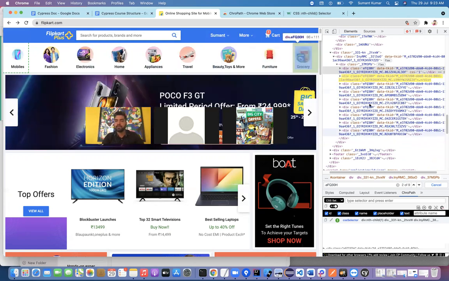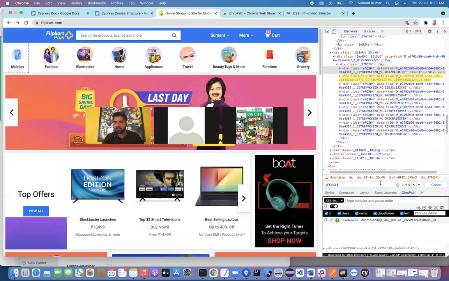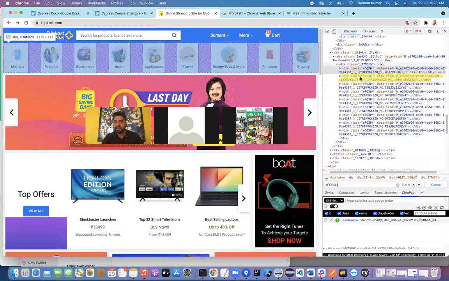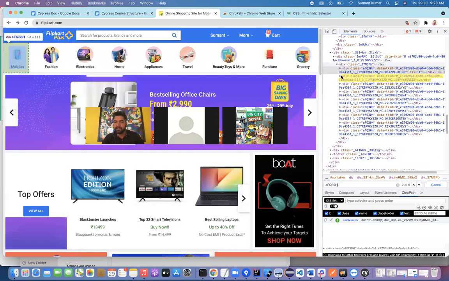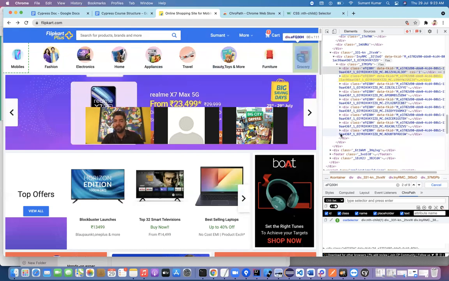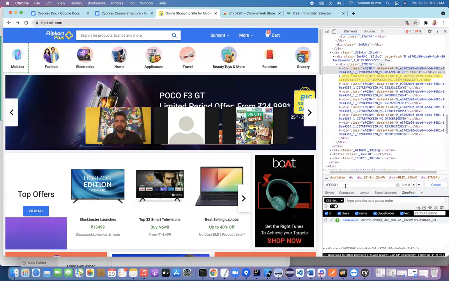Right now you can see it's highlighting 9 elements, and you can see 9 elements here, right? But sometimes it will highlight, let's say, 12 elements, but here you can find only 9 elements, and 3 elements will be somewhere else.